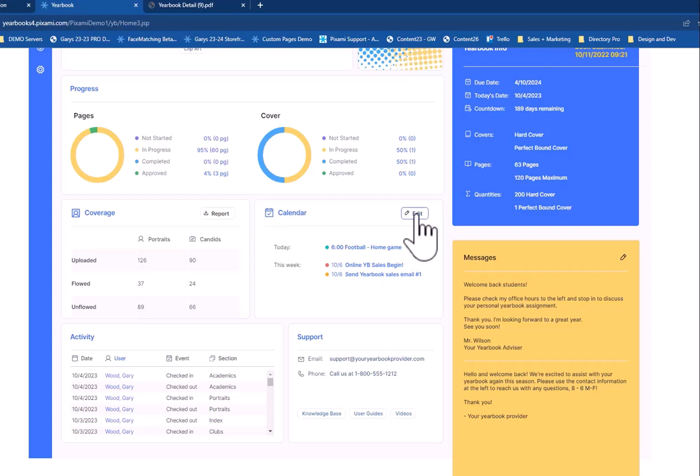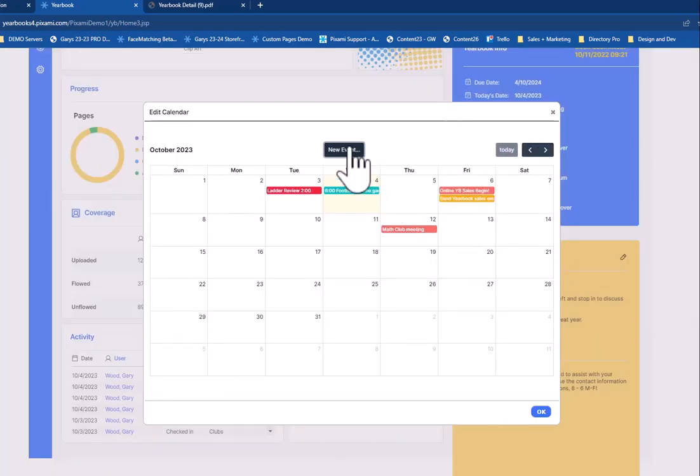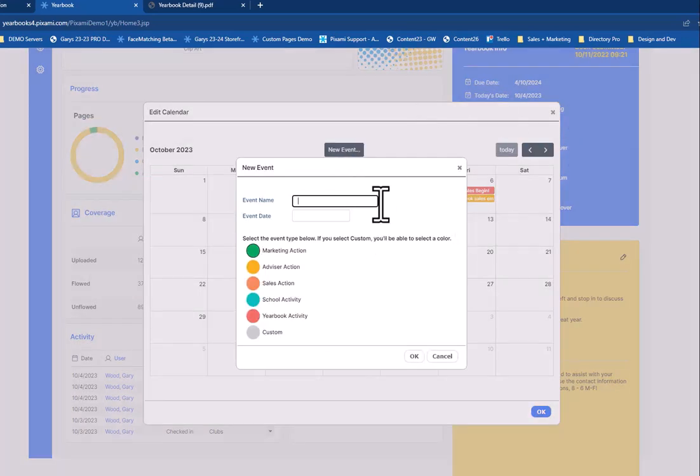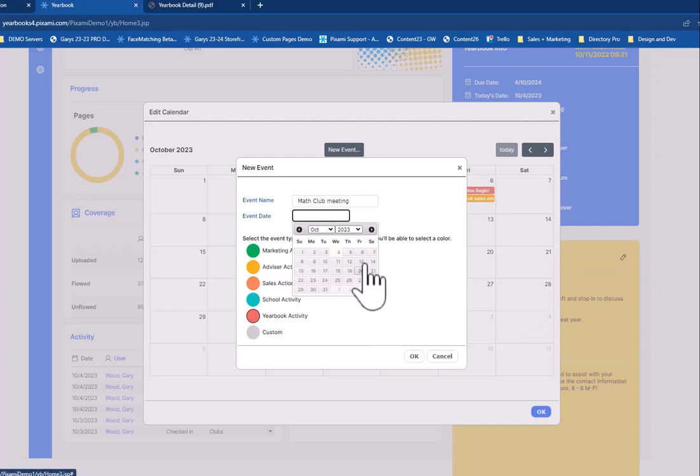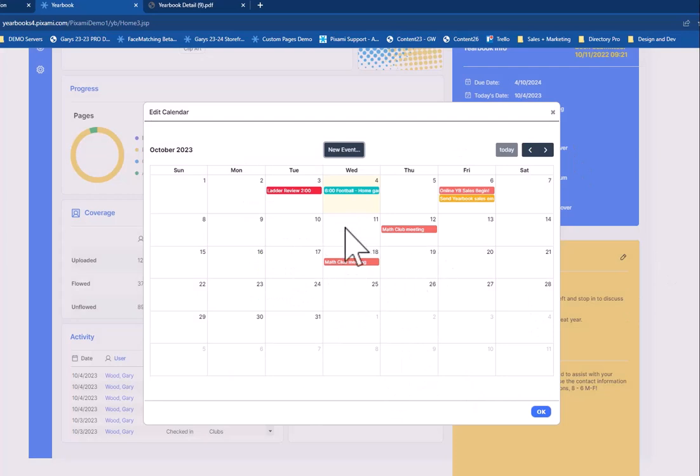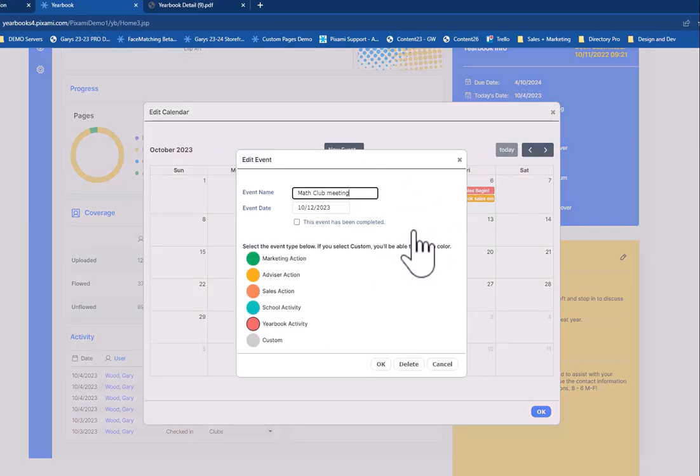If I click on edit, only as an advisor, I can come in here, view the calendar, and create new events. So let's say I wanted to make a new event, and let's just call it a math club meeting, and let's call it a yearbook activity because I want to send somebody over there to maybe interview the math club and take some pictures. And then I'll just go ahead and put the date in here. It's on the 18th, and I'll click OK. And so that's going to show up in the calendar. See, we already have another math club meeting as well. They changed the math club meeting. So I'll